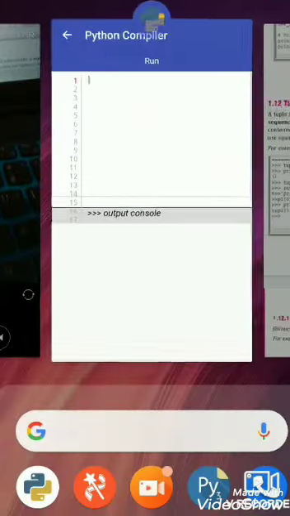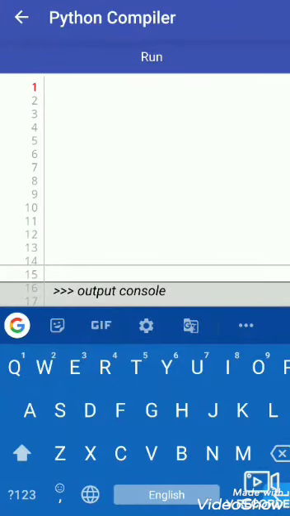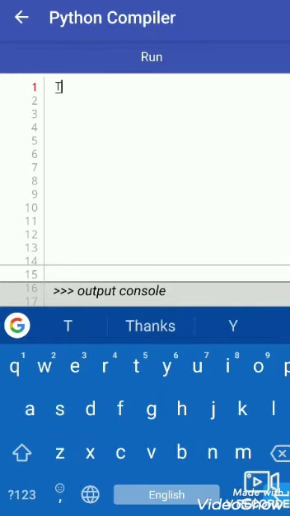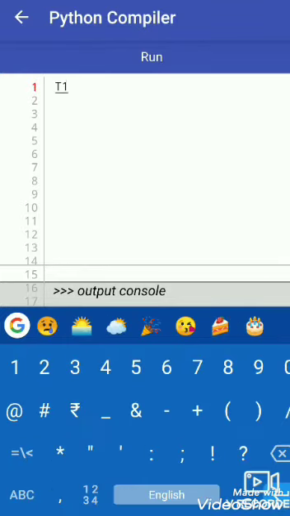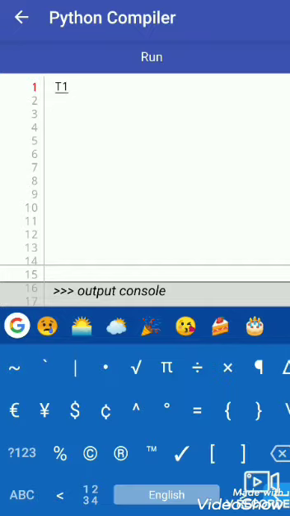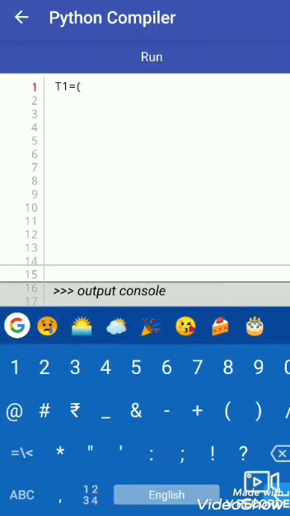I am just opening our compiler for doing such practicals. First we define a tuple, print it and access its members. T1 equal to, we use parentheses: 12, 34, 78 and 91.